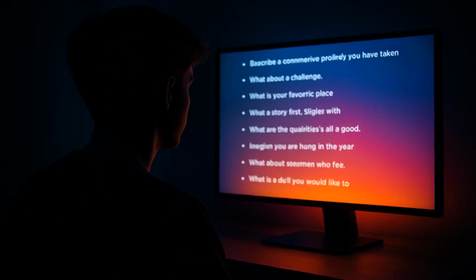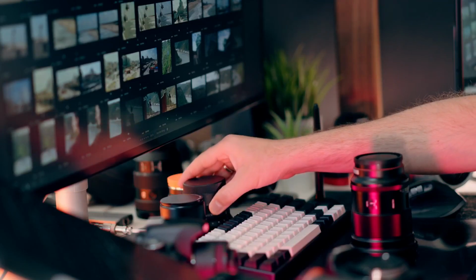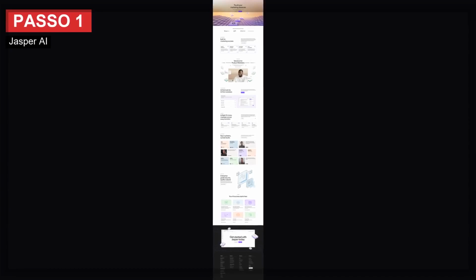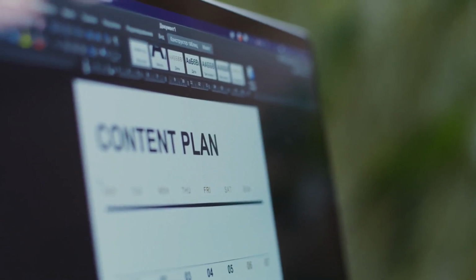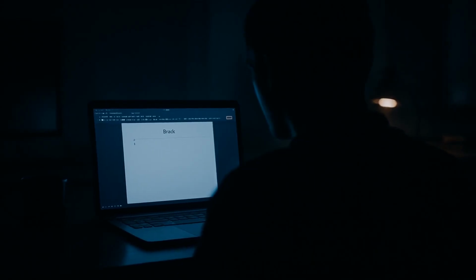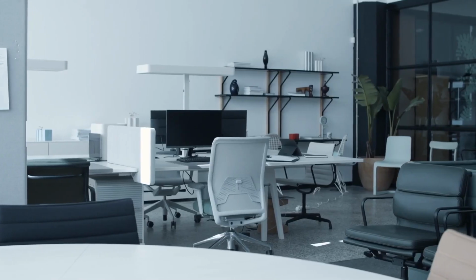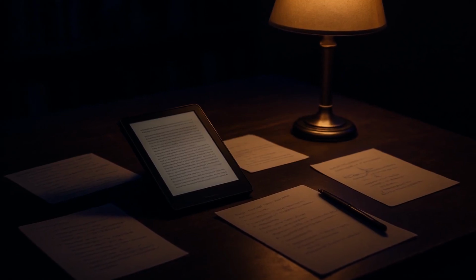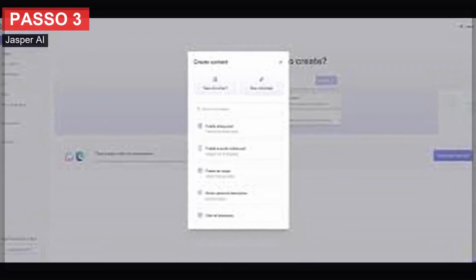In summary, success in creating digital products depends on a combination of research, strategic planning, effective marketing, and customer focus. By following these guidelines and incorporating AI tools into your process, you'll not only create quality products but also build a respected and enduring brand. The digital world is full of opportunities, and every step taken towards innovation can open new doors. Don't hesitate to explore the potential of technology and human creativity to transform your ideas into impactful products. The journey may be challenging, but the rewards are immense for those who dedicate themselves